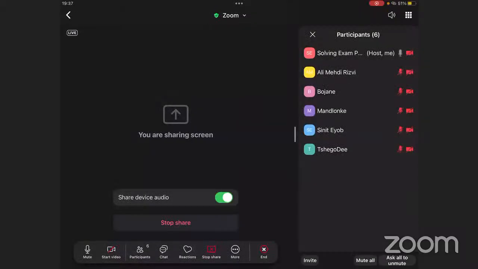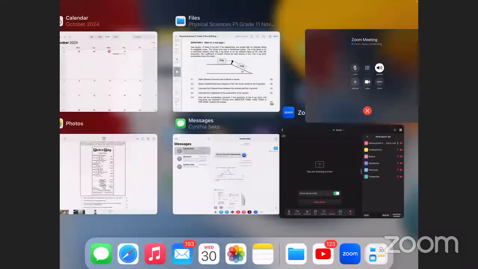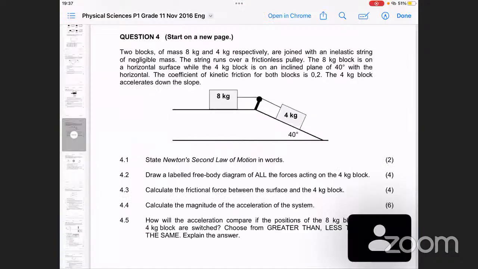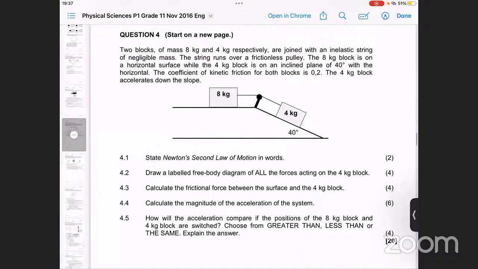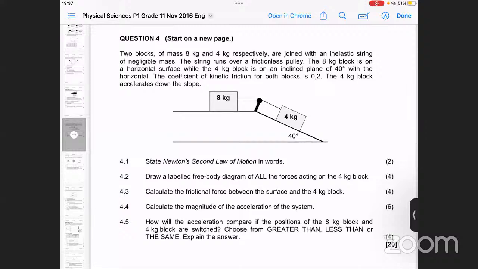And now I need to share my screen. Let me do that. Share screen and then say start. I think my screen is sharing. So very quickly, honorable members, we can try to discuss